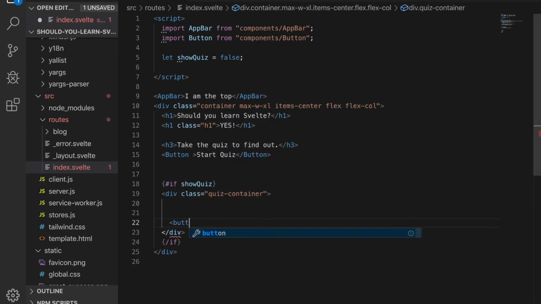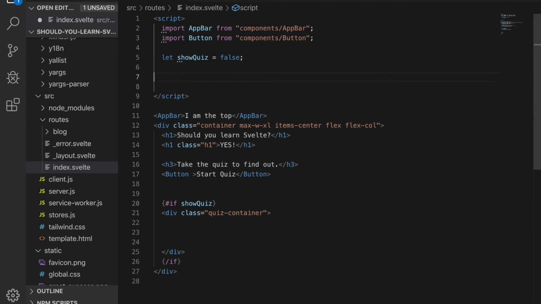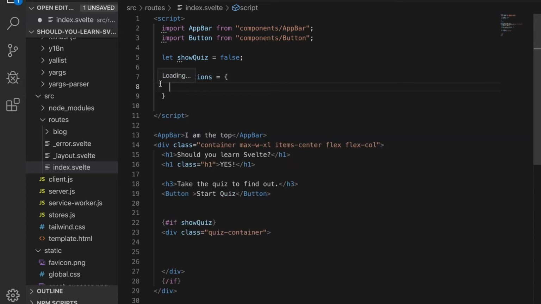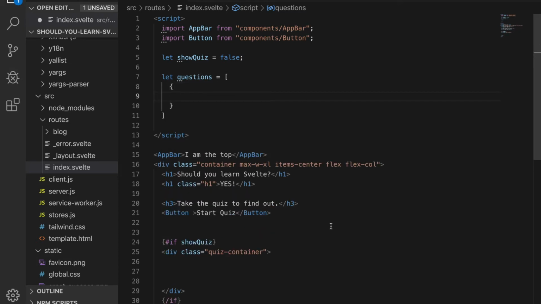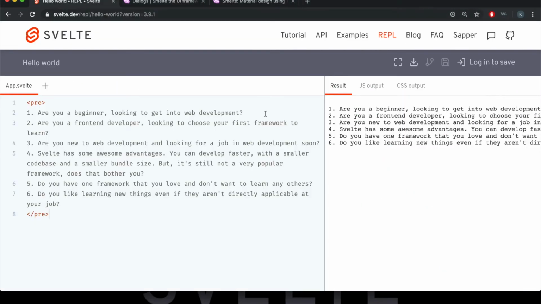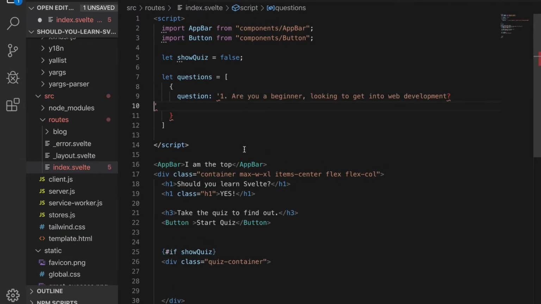Each question will have 2 buttons, and it'll have like a prompt with the question. So we'll probably want some kind of questions data structure that will contain all of the questions. But maybe we'll make it a list. So it'll be like the first question, second question, third question. So a question will have the actual question to it. So what was the first one I was going to do? Yeah, this one. So it'll have a question to it,